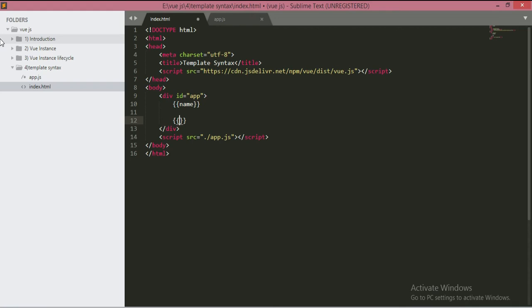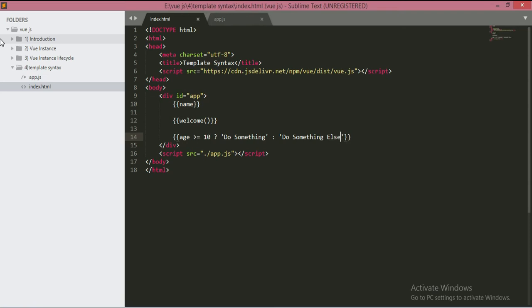So let's say welcome, and also we can write any expressions as well. So let's say age is greater than or equal to 10, then do something, or do something else.